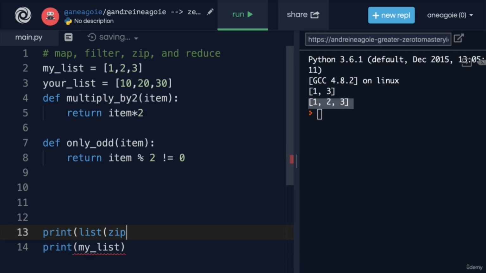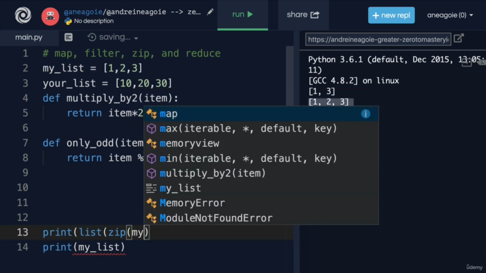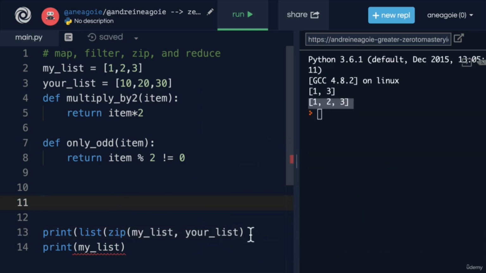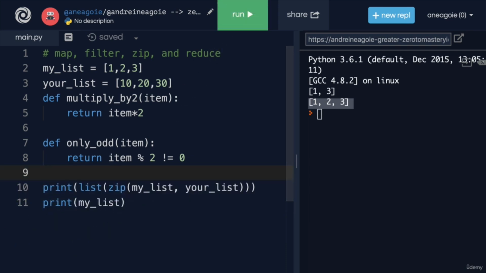And in here, I give it as many iterables as I want. In our case, 2 iterables. So I'm going to give it my list and your list. Let's close that out. Add one more bracket. And if I click run,